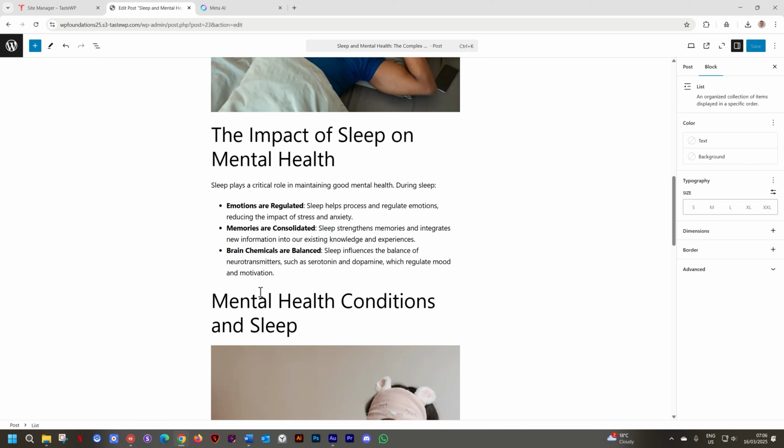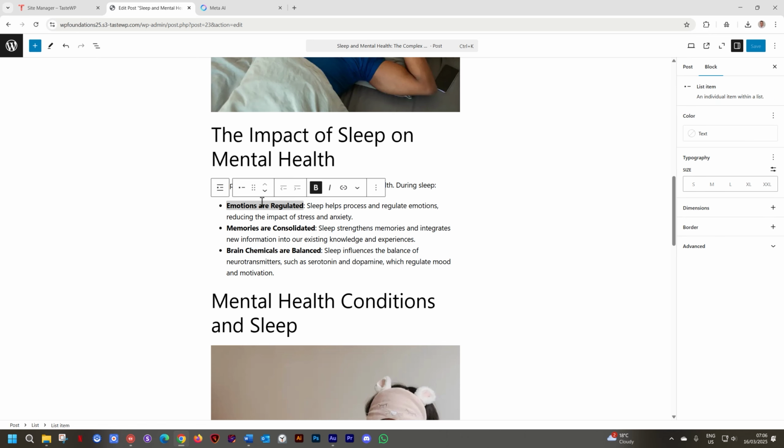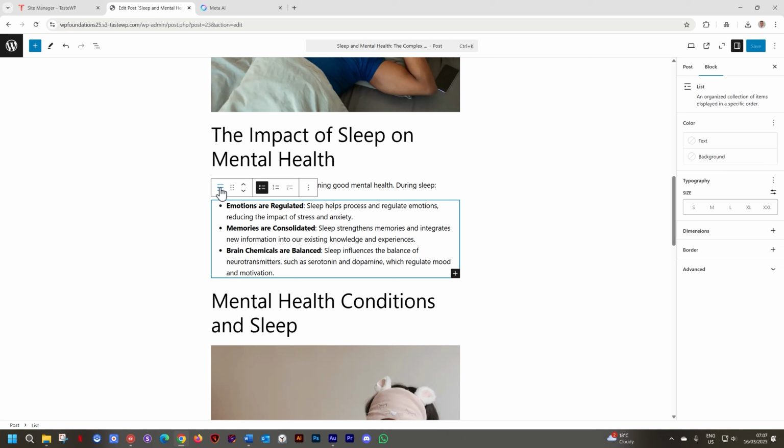I have list items here, three bullets. I click on the first one. And if I hover here on the list item, you see the blue bounding box. Same for this one. I click on it. There's my blue bounding box. And same for this one. If I select to the left, it encapsulates all of them.